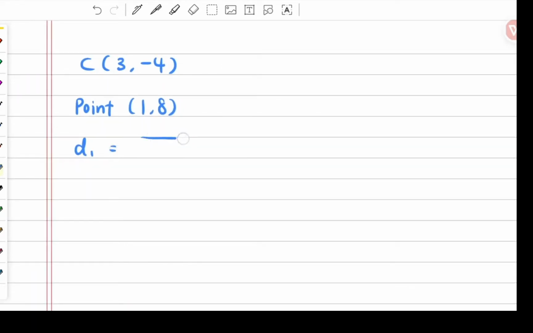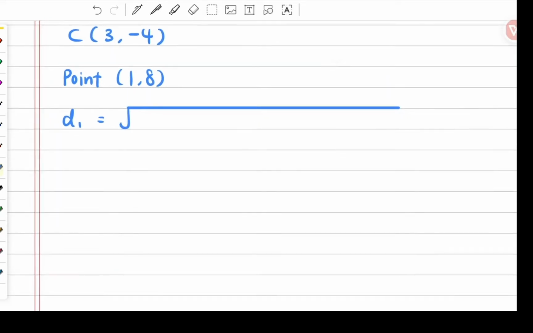And note that the equation for finding the distance between 2 points is the square root of (x1 minus x2) squared plus (y1 minus y2) squared. The very important point is this one is plus. So you just substitute. For example, this one we say is x1, you substitute here, and this one is y1, you substitute here, and let's say this one is your x2 and this one is your y2. Okay, so you will get